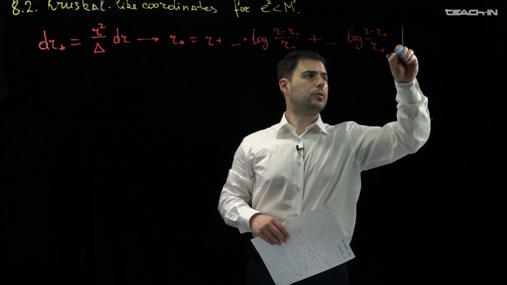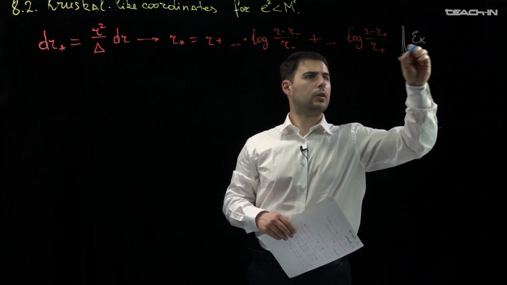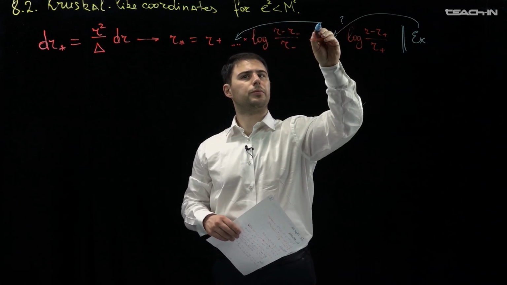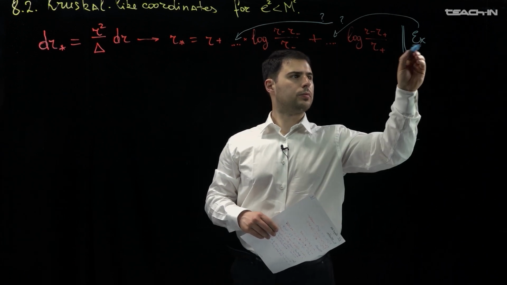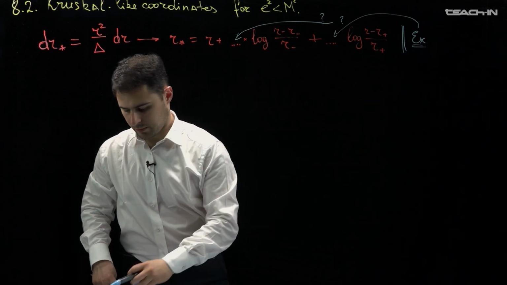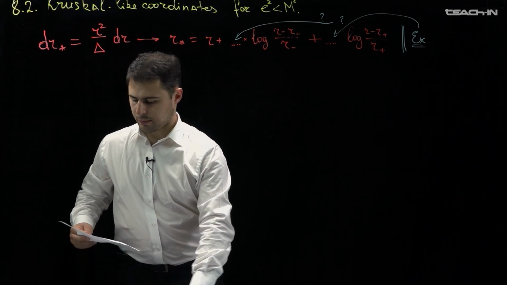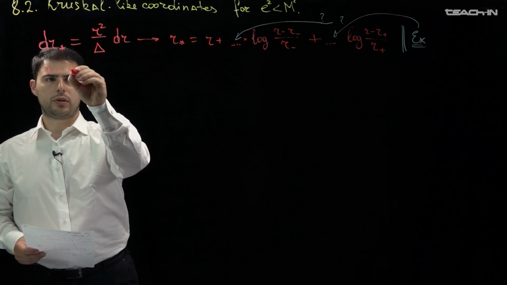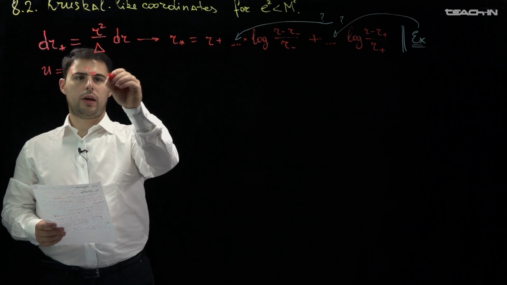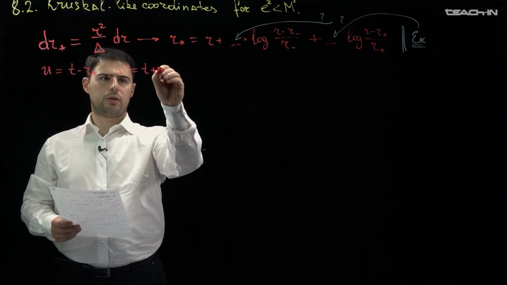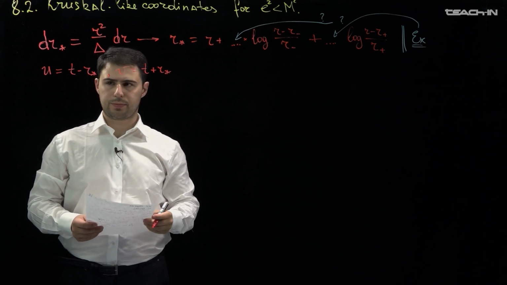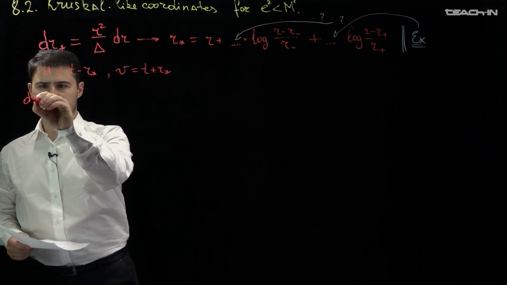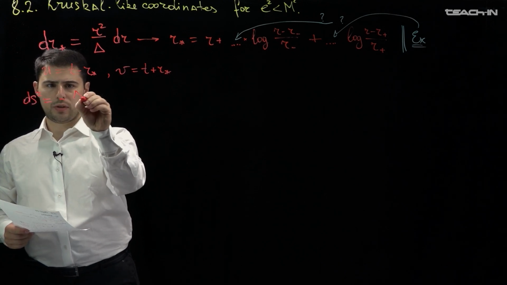It's an exercise to find these constants. Again, we can introduce the outgoing and ingoing coordinates. Using the ingoing Eddington-Finkelstein coordinates, the metric is